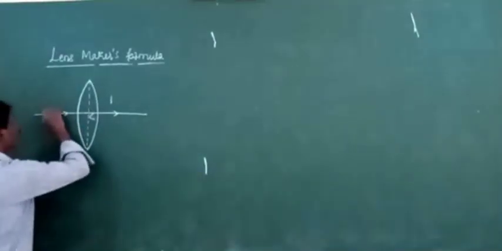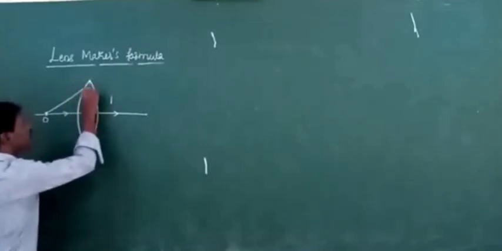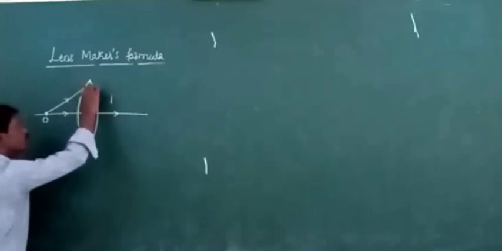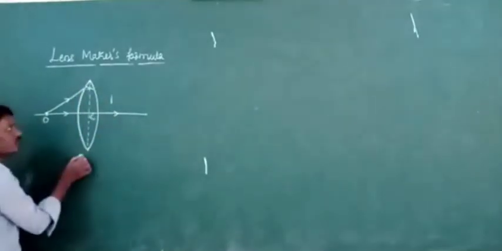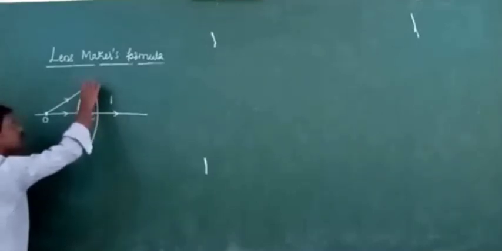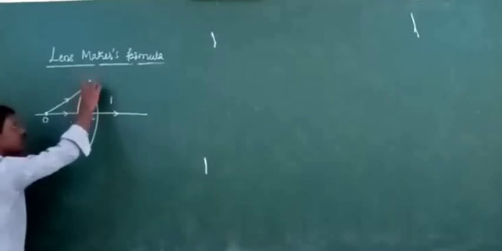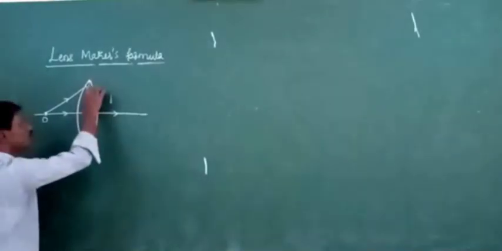Next, one more ray that is incident obliquely, and it undergoes refraction. This refracted ray falls on the second surface. Okay, this refracted ray is the incident ray for the second surface. This is the incident ray for the first surface. The ray refracted by the first surface acts as incident ray for the second surface. Once again, the light is traveling from which to which? That is from lens to air.